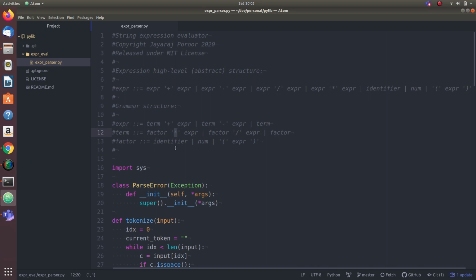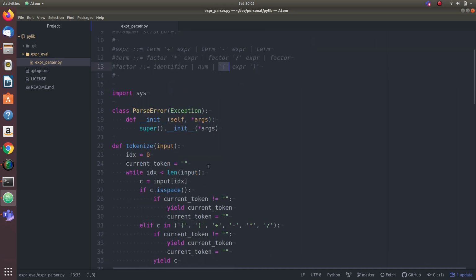And finally, the factor is the identifier or numeric or expression in parentheses. This avoids left recursion, in the sense that there is no cyclic invocation if you follow the left hand side term. For example, expression invokes term invokes factor, and factor invokes either identifier, num, or we are matching the left parenthesis. So there is no left recursion.